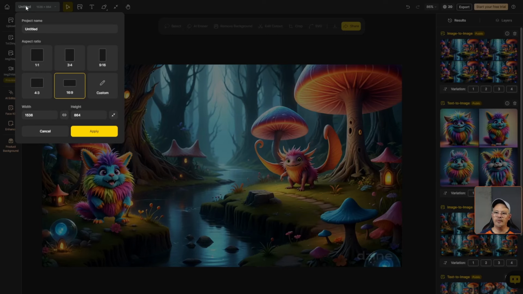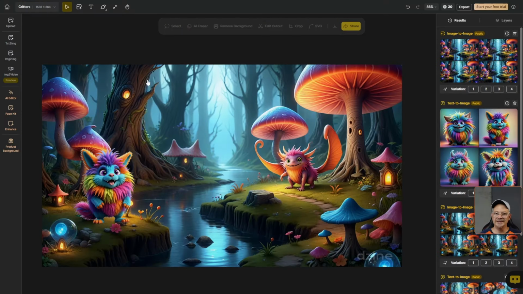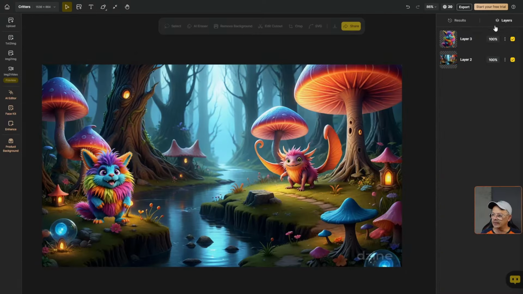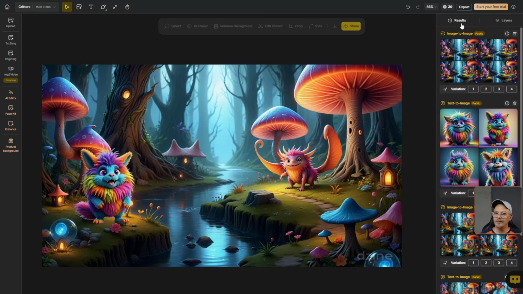I'm going to go ahead and rename this project. Currently I have it at untitled. I'm just going to call it critters and apply that. And something that sets Dzine apart from other editors that I've seen is everything for this project, my critters project, is contained here within this workspace. All the images that I've created for this project, all the layers, if I click on layers, there they are. That's also something that is not super common in AI image generators. Some have that, usually within their editors, but here it's part of one central project